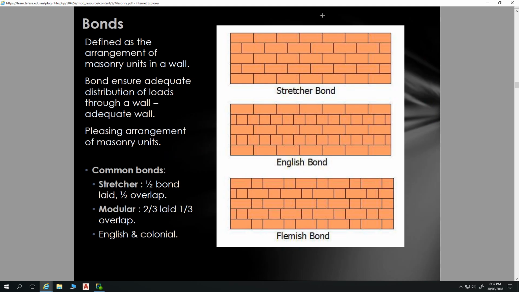So with your brickwork, you've got various different types of bonds. We won't labour on this too much because unless you're a bit of a brick aficionado, you're not going to be called upon to know this stuff too much. But this stretcher bond, that's typically what you see with a brick veneer, because with brick veneer you've got a single layer of brickwork. But other things like English bond and Flemish bond, that's where you've got two leaves of brickwork